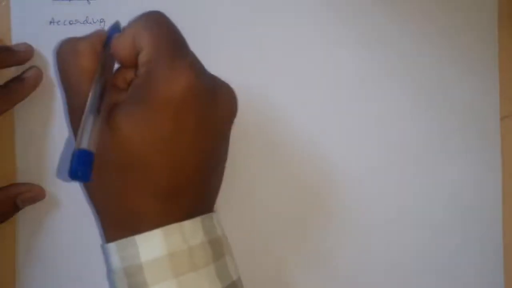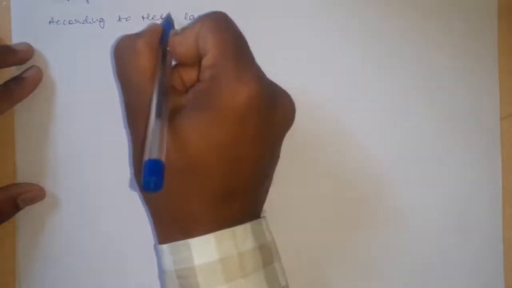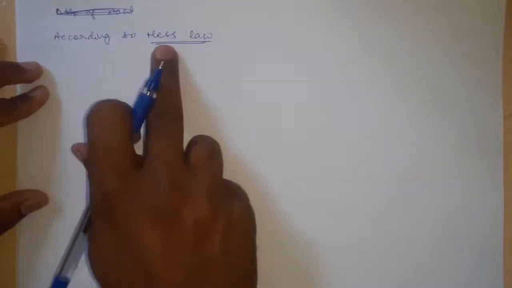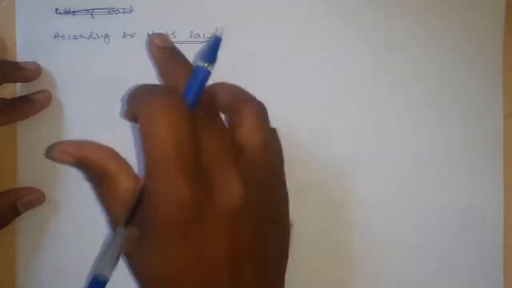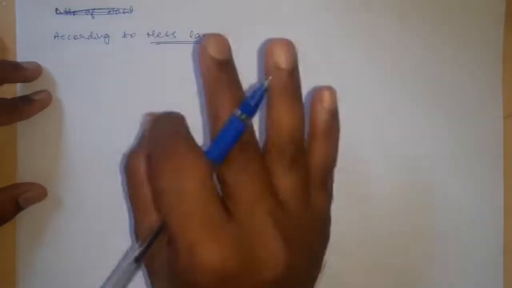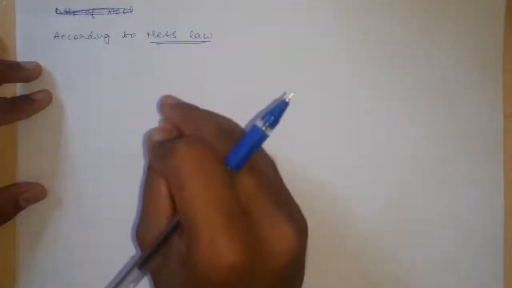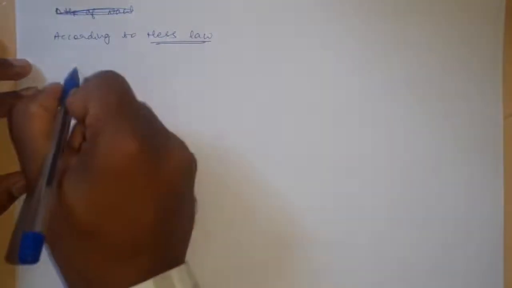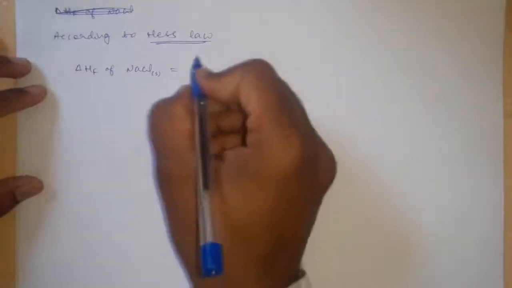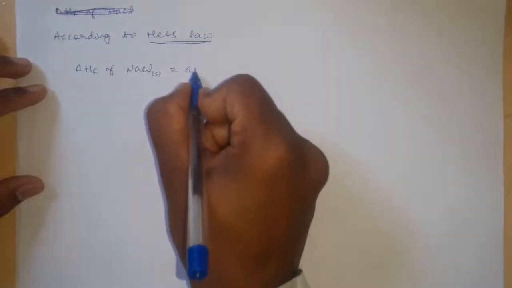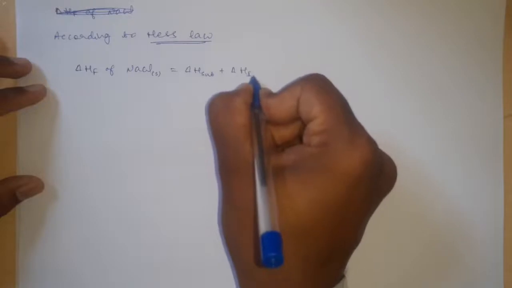Now we know the enthalpy of formation of NaCl, and before this I will write Hess's law. According to Hess's law, the enthalpy change is the same whether the reaction takes place in a single step, meaning one step, or in multiple steps. Then by using Hess's law we can write that the enthalpy of formation of solid NaCl crystal is the same as that of the indirect method, obtained by adding the enthalpy of sublimation, ionization energy, enthalpy